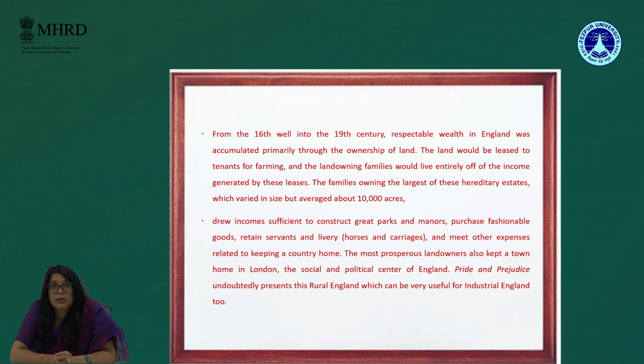They have their own properties in London, but for some strange reason, though we have already known this strange reason, they want to live in Netherfield Park. And Pride and Prejudice undoubtedly presents this rural England, which can be very useful for industrial England too. When Netherfield Park represents rural England, people like Mr. Bingley or Darcy represent that industrial England which is going to be completely dependent on this rural England, and to get the maximum from it, they will go to